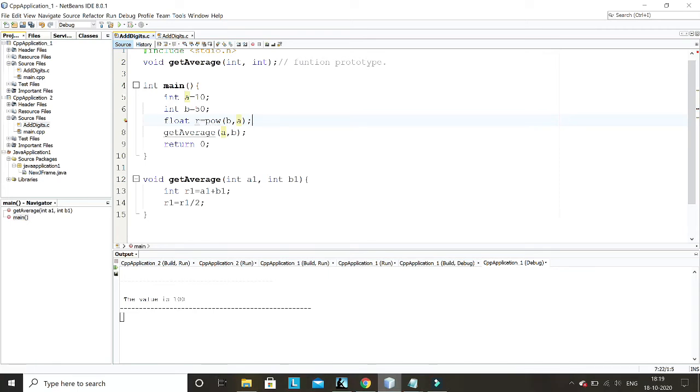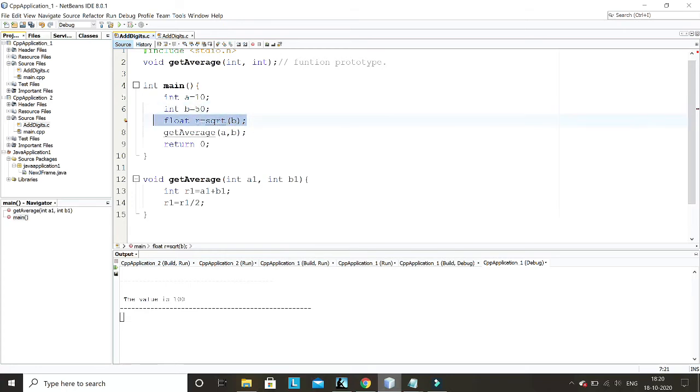Anytime you want something like this, or sometimes suppose I want to calculate the square root of b, then I use sqrt, square root of b. It is showing an error because square root is a function included in math.h. What this part is doing is calculating your square root, and the square root value will be initialized to r. If you consider this part separately, it is calling a function. It jumps to a function called sqrt, calculates the square root of b, and then that value is returned from the function here and assigned to r.